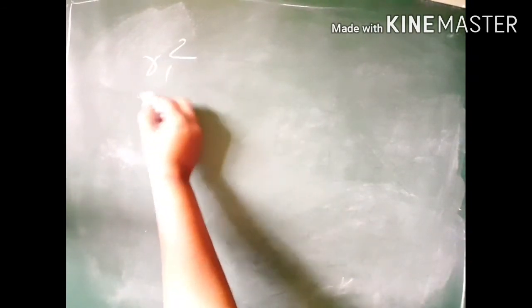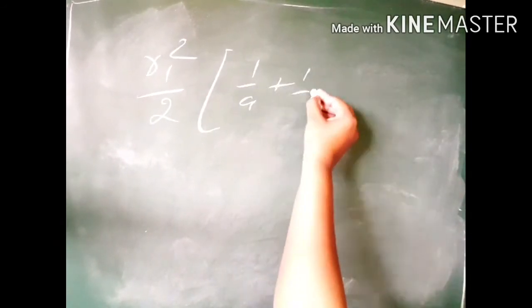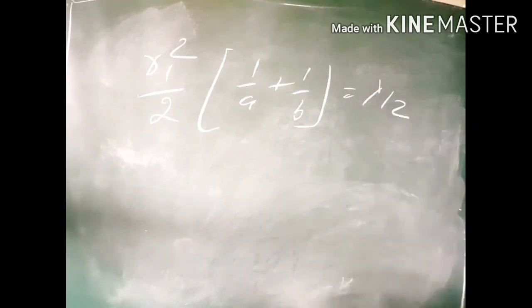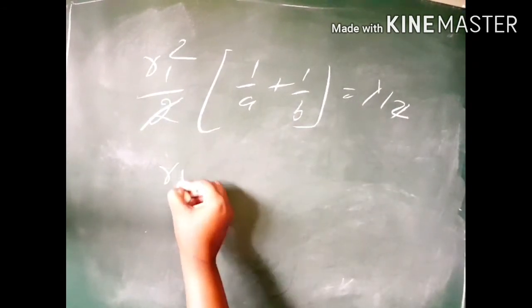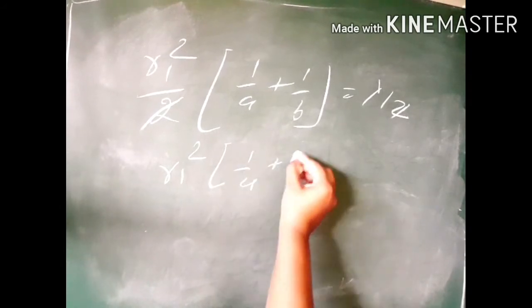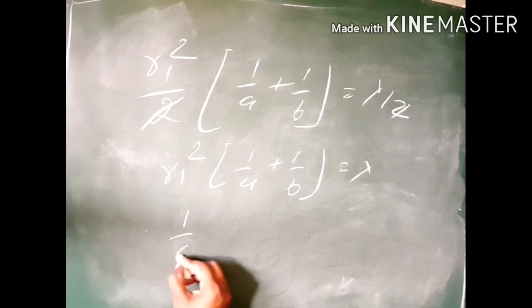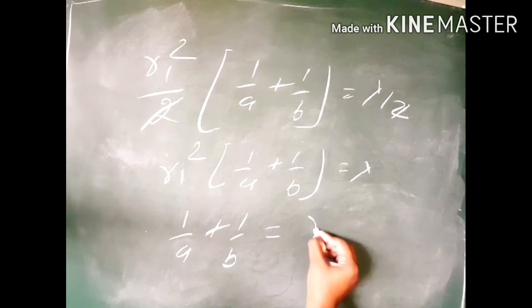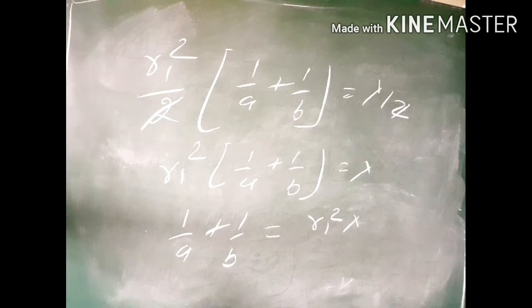R1 square is also common, R1 square by 2. Inside we got 1 by A plus 1 by B is equal to lambda by 2. Again to cancel out, we got R1 square into 1 by A plus 1 by B is equal to lambda, or 1 by A plus 1 by B is equal to lambda by R1 square. Okay, this is for